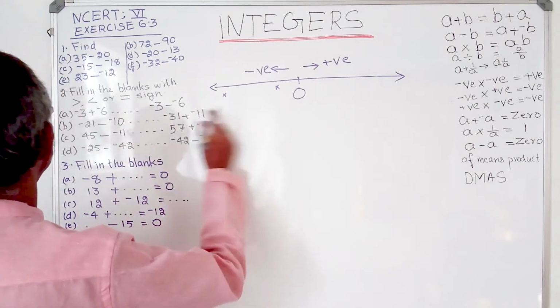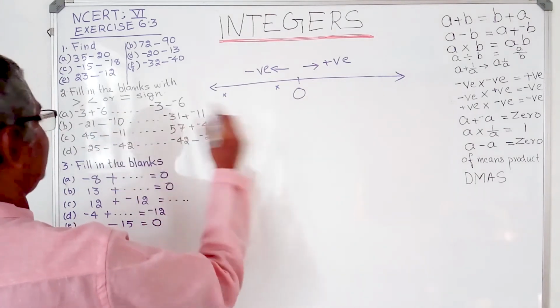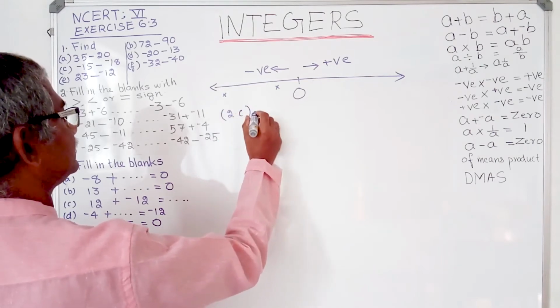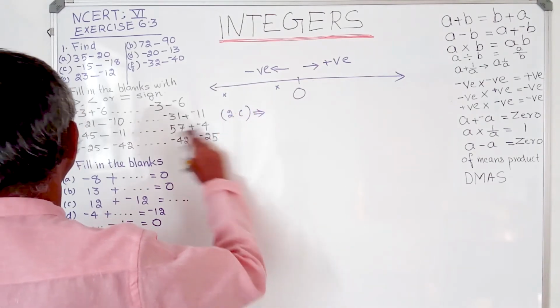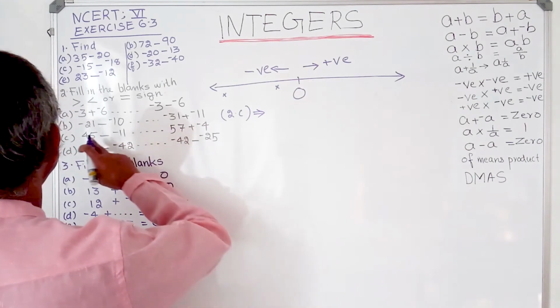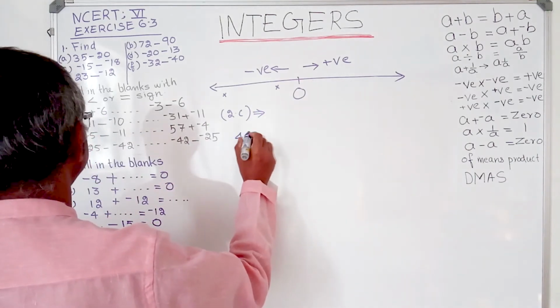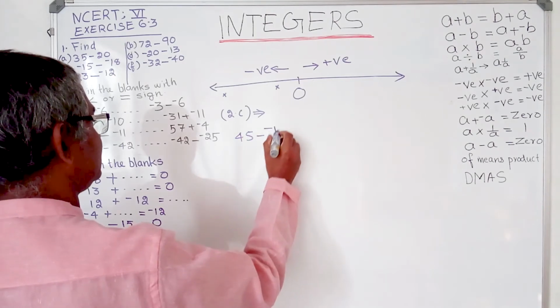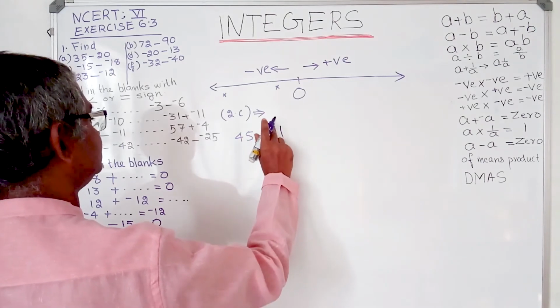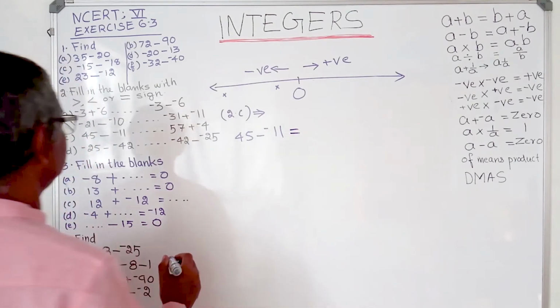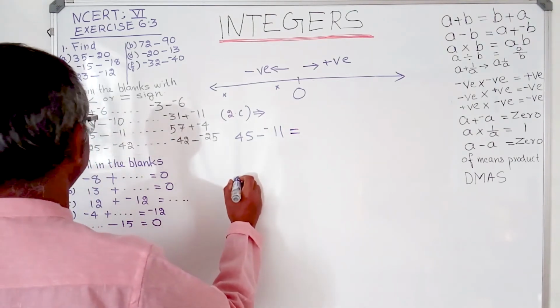It's so easy. 2c. We are solving it. 45 minus negative 11 is equal to, next one,